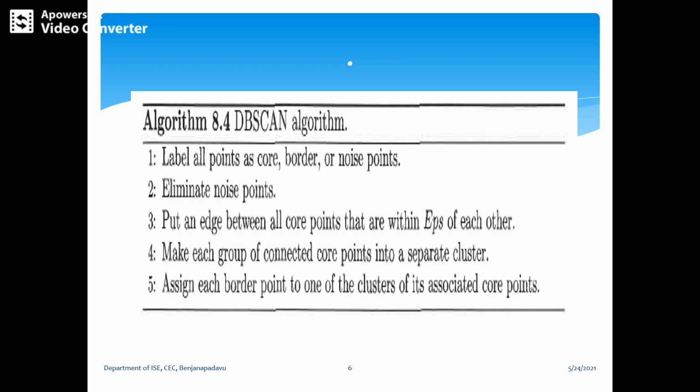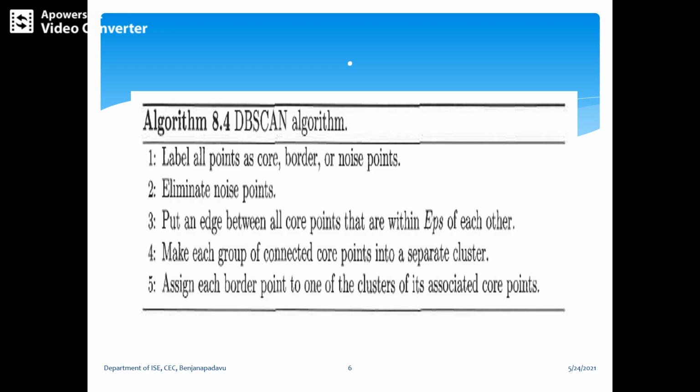Now we are going to discuss an algorithm that uses the same concept and finds the same clusters as the original DBSCAN, but is optimized for simplicity, not for efficiency.